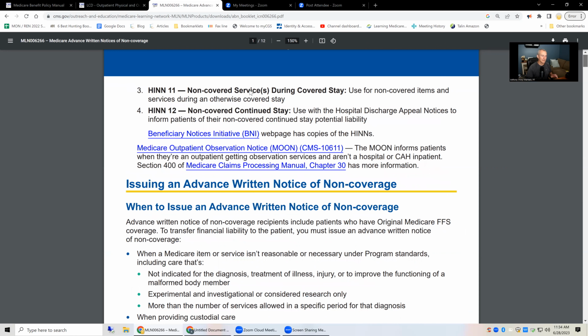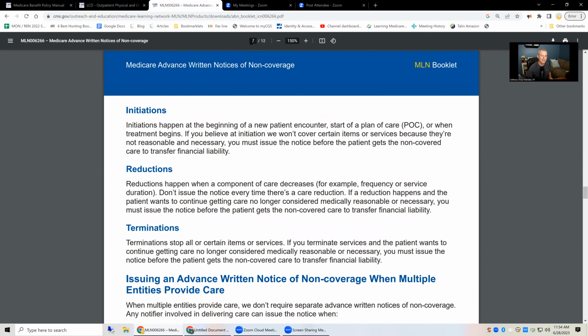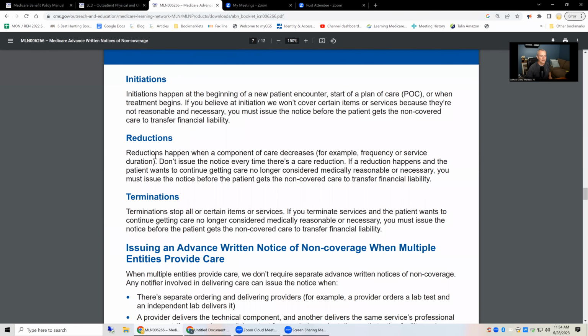This is related to the Medicare Advance Beneficiary Notice. Let's jump back down there. It talks about when you issue an ABN. For example, we're going to look at the reduction. So reductions happen when a component of care decreases, for example, frequency of a service or duration. Don't issue a notice every time there's a care reduction. If a reduction happens and the patient wants to continue getting care that is no longer considered medically necessary and reasonable, you must issue the notice before the patient gets the